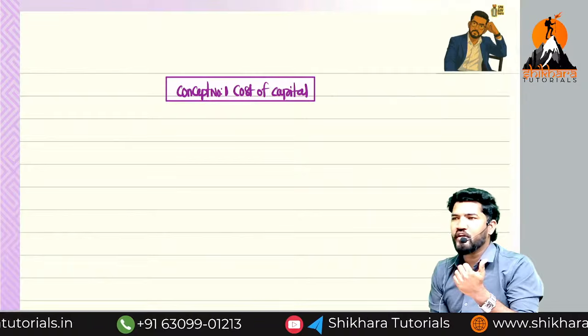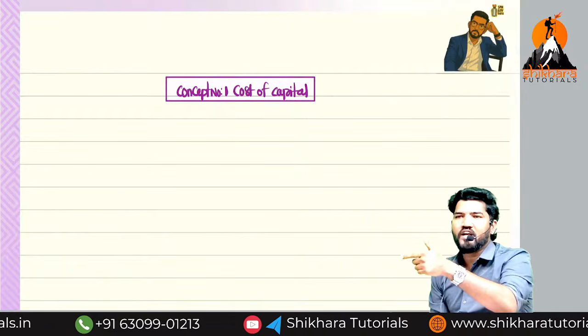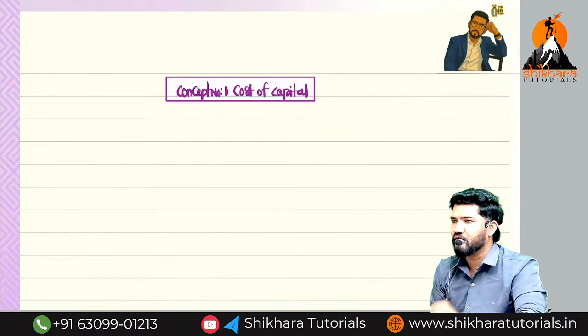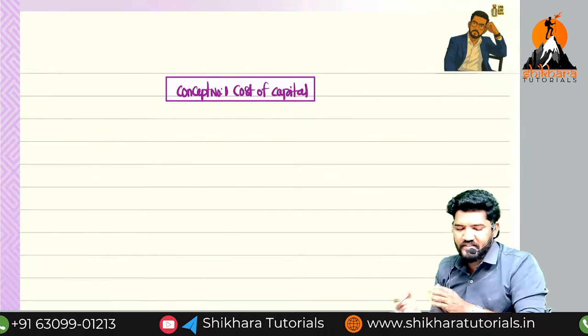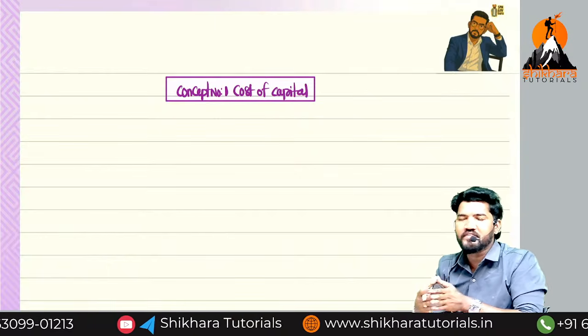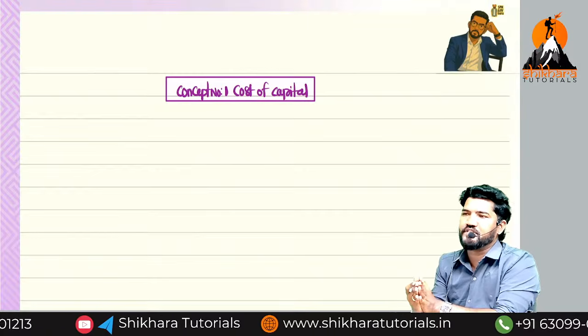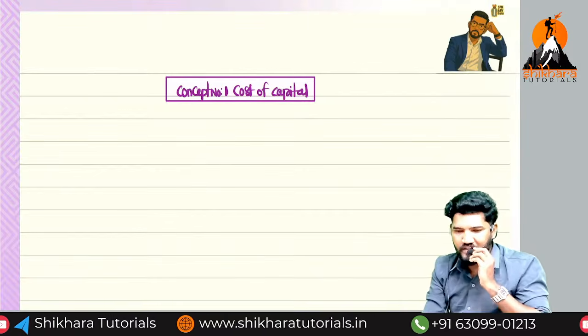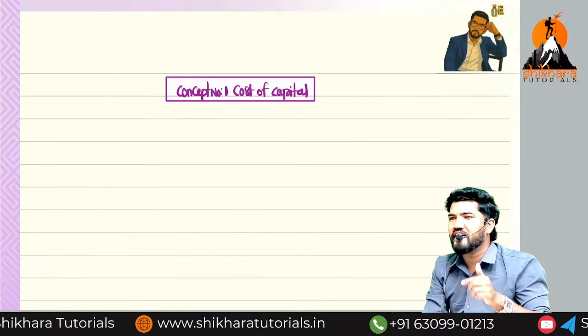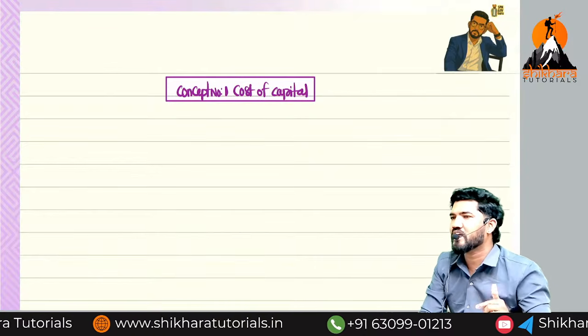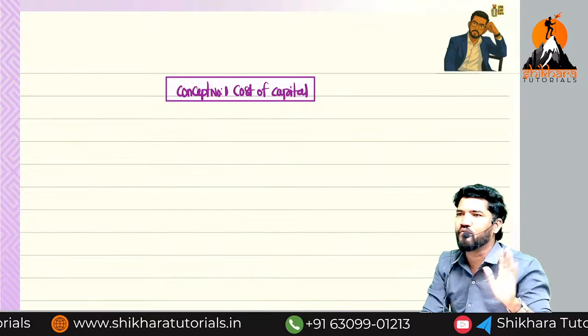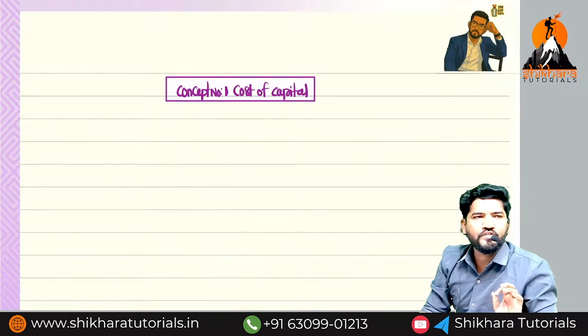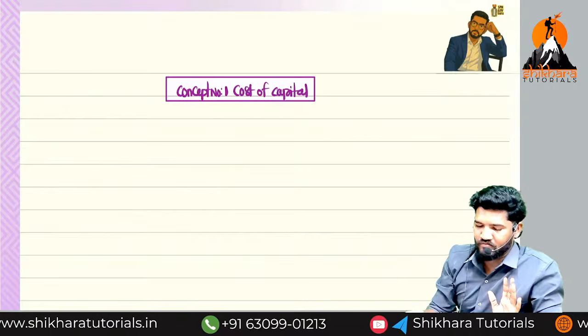In ARR, we are using accounting information. In IRR, we are using cash flow information. Clear, sir? There is no discussion of ARR and IRR here. Here is the discussion of cost of capital. Why? Because the main method in our topic is the discounted cash flow method. For the discounted cash flow method, the mandatory thing is Ko. For Ko purpose, you need to learn the cost of capital chapter. So what did you say, Nana?